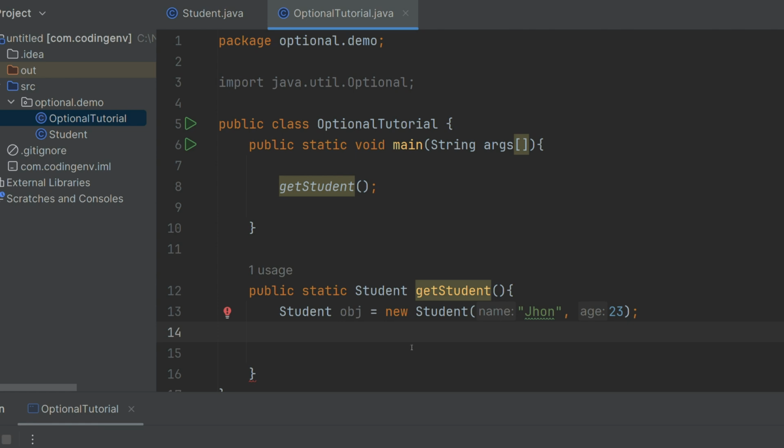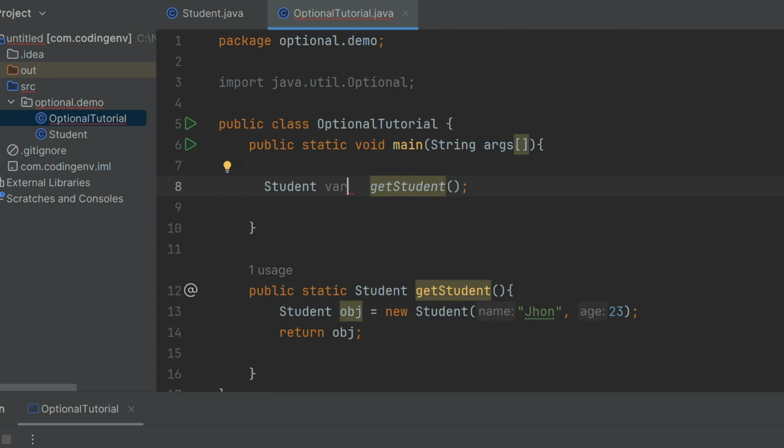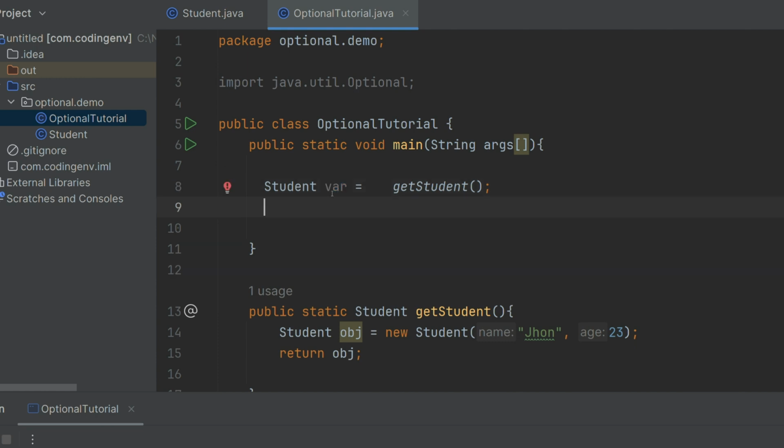So I have created that student object here, and I will return that student object from this method. So you can assume that you have read this student object from the database or any persistent system. Now this student object we will return from this get student. So we can store this returned object in one of the variables, right? So I'm going to create a var, a variable, and I will store this object into this variable. After getting this value from get student, any programmer can use this variable to print something of the data, right? So I can just print something